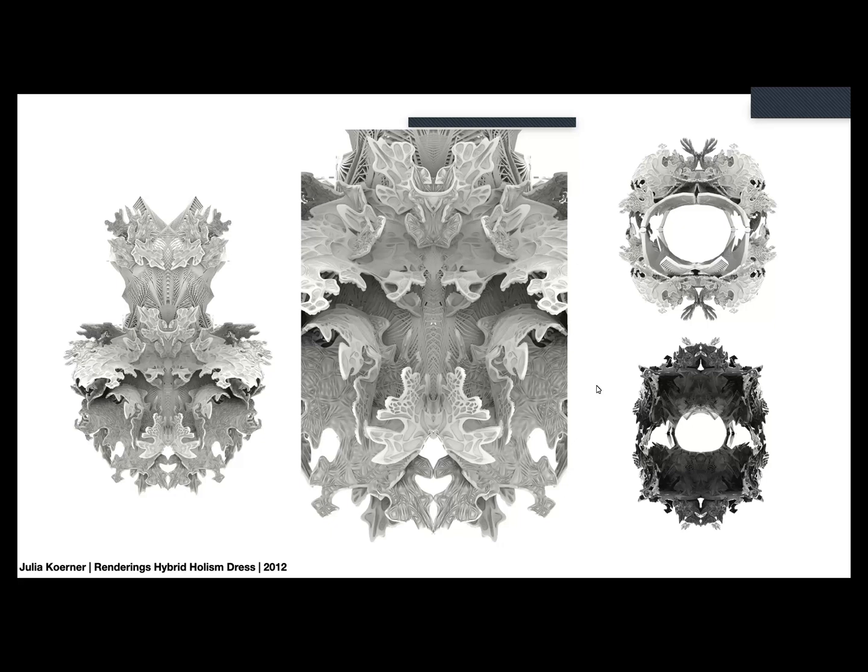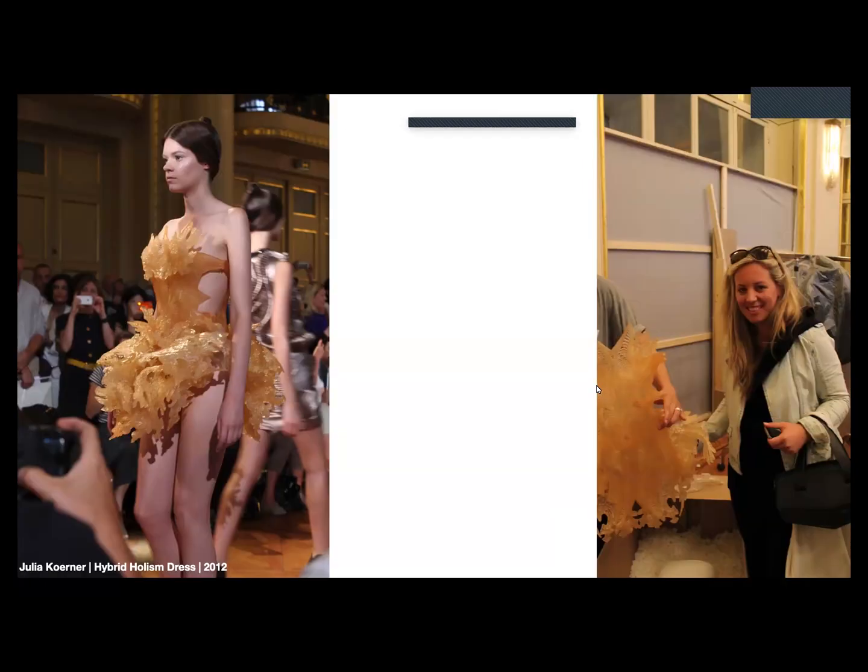So it was printed in one piece. It was printed in 2 parts. You can see it on the right, put together with hinges. One piece took 7 days and it came out of the printer the day before the fashion show. And I had to find a model to fit into the dress because obviously it wasn't designed for a specific person. And with all these challenges, it was really exciting to see it on the catwalk.